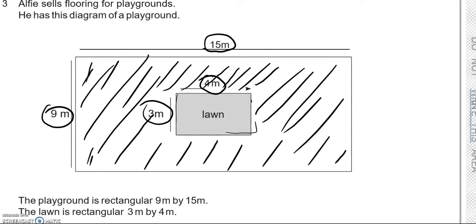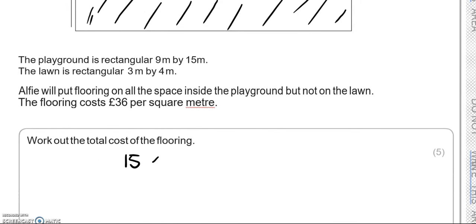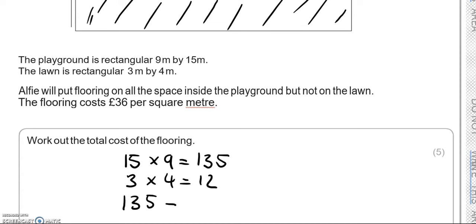So 15 times 9, and then take away 12. So 15 times 9 equals 135, and 3 times 4 equals 12. 135 take away 12 equals 123